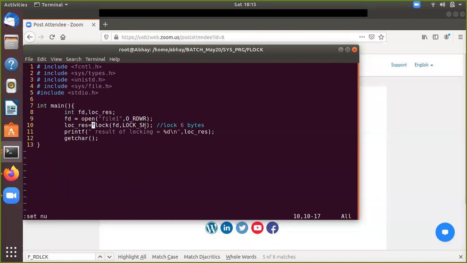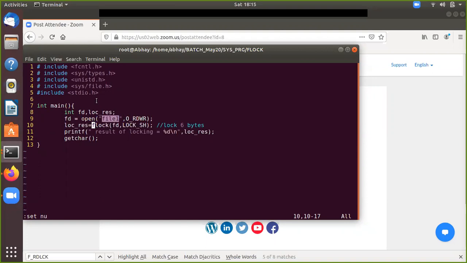Okay, we are going to take a look at the other lock also. So here, this means file1 will be accessible by more than one process at the same time.